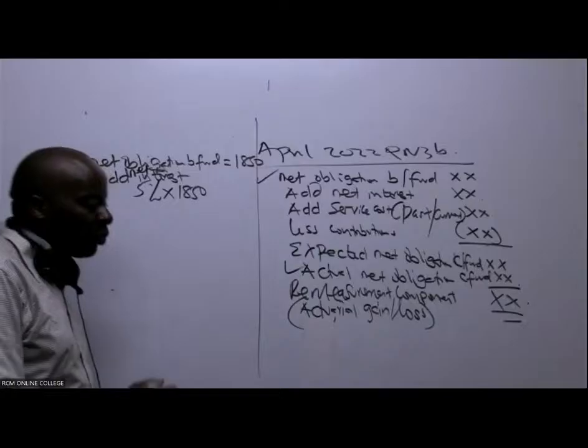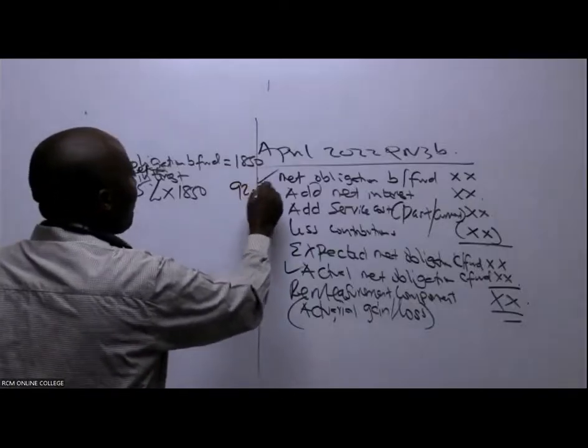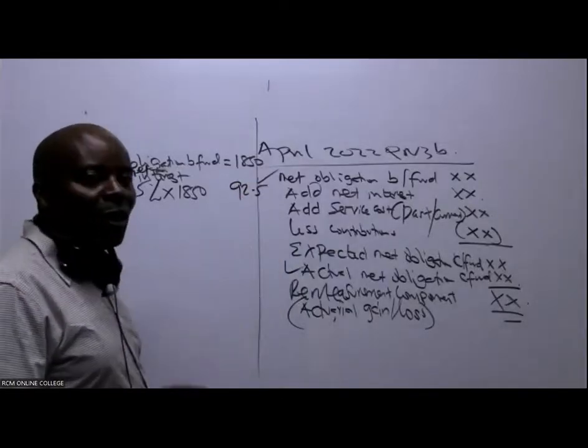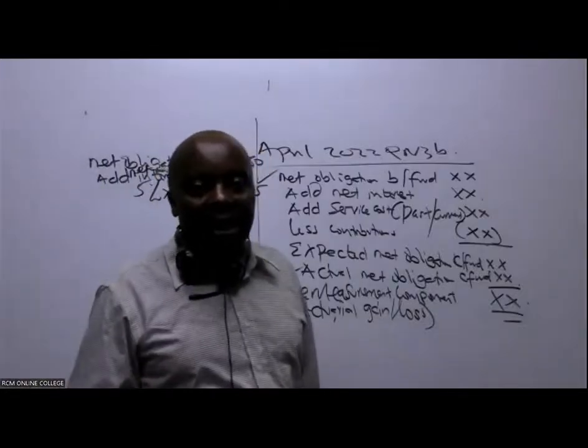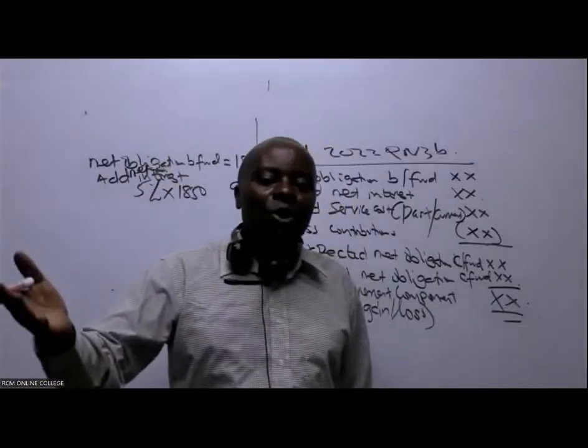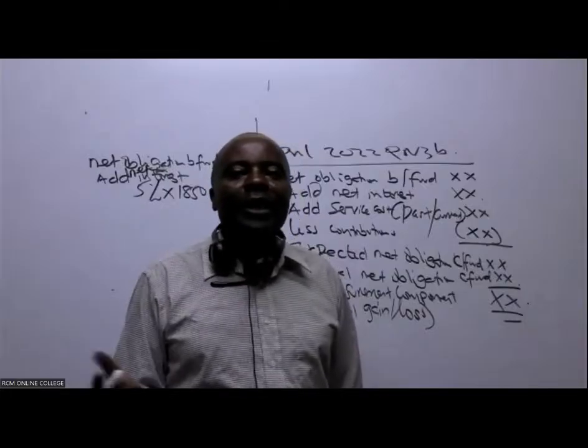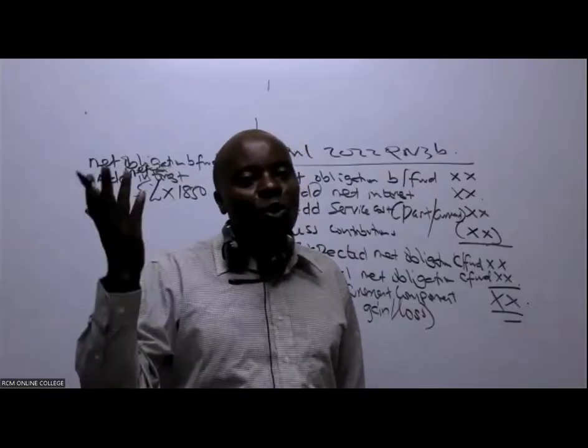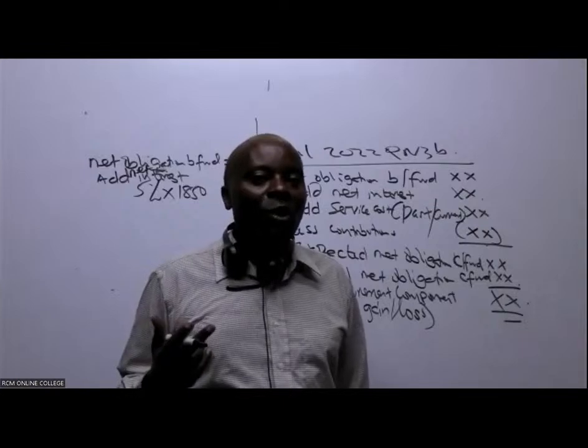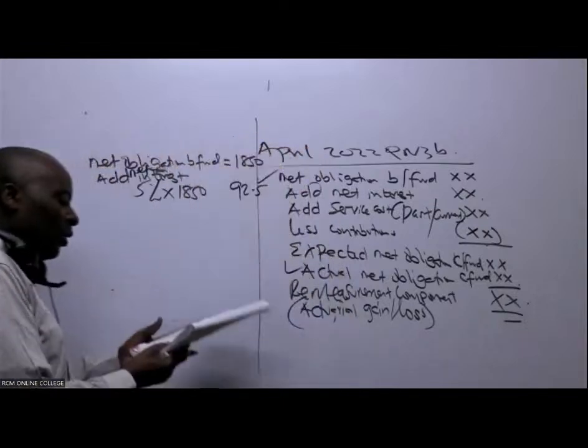9250, right? 92.5, I mean. So 92.5. Alafu najiuliza, hawa wafanyikazi wametufanyia kazi. Because wakifanya kazi, tuna expect their contributions to go up. Wakifanya kazi, tuna expect in this case here their pension to go up. So it will be a liability on us. Wamefanya kazi. So unaangalia pale, wametupatia